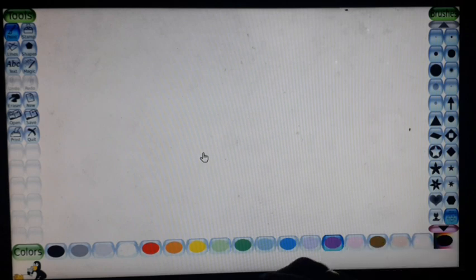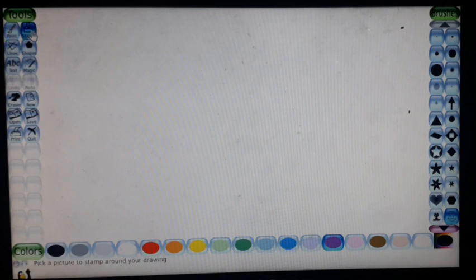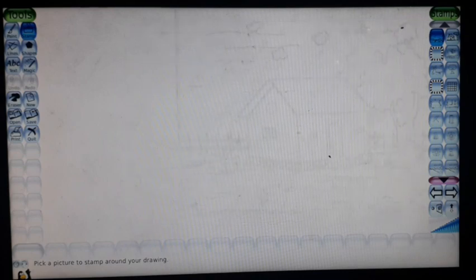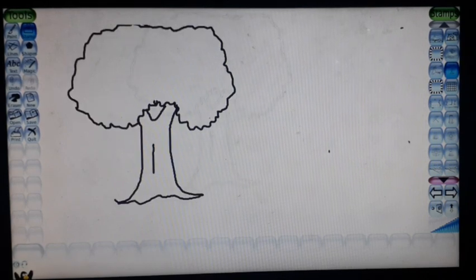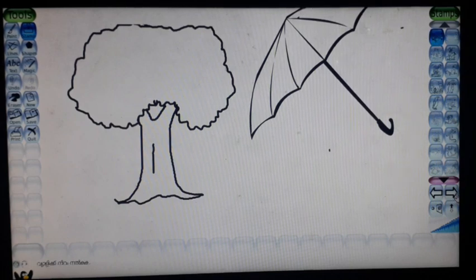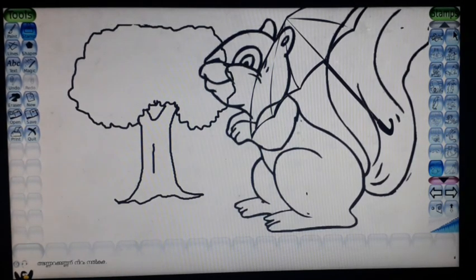Okay. First tool is the stamp tool. Look here, at the top of the tool area. This is the stamp tool. The stamp tool contains many stickers. Look here, this is the sticker of a house. Look at the right side, there are so many stickers. This is the sticker of a tree. This is the sticker of an umbrella. Press the arrow, we can get many more stickers. The stamp tool is used to take the stickers.